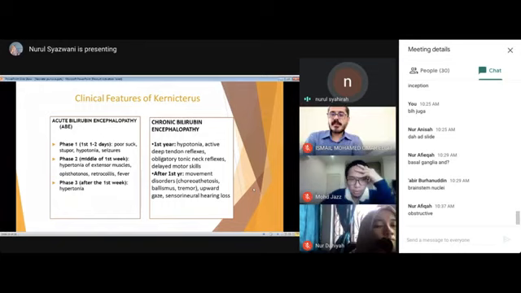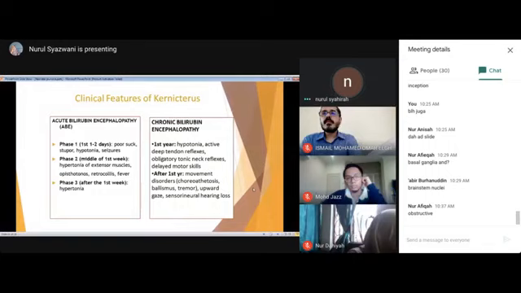For chronic bilirubin encephalopathy, usually during the first year, the baby may have hypotonia, active deep tendon reflexes, obligatory tonic neck reflexes, and delayed motor skills. After the first year, they may have abnormal movement disorders, which are choreoathetosis, ballismus, tremor, and also present with upward gaze and sensorineural hearing loss. Okay, this one is the bilirubin-induced neurological dysfunction, BIND score, used to